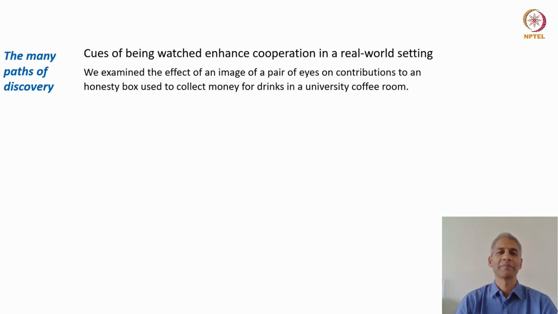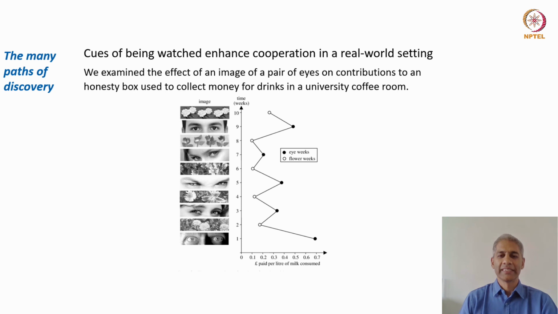So this is an experiment, you could say, in psychology. And how could you go about doing such an experiment? This is the way these researchers did it. On this graph, what you can see on the x-axis is the amount of money people paid for their coffee, and the y-axis is just the amount of time they did this study for. So here is what they did.